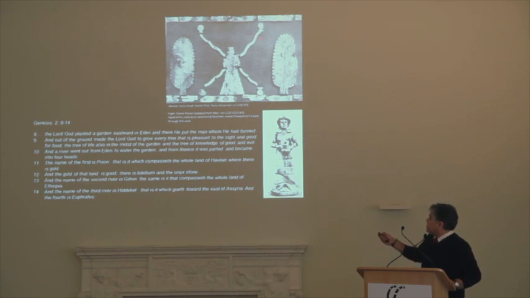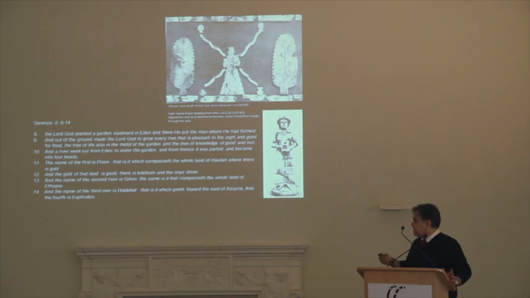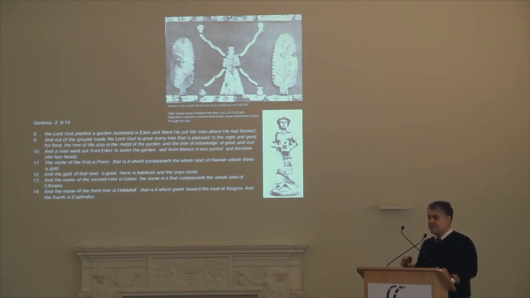And when you start comparing what you see here, which is depicting 4 rivers, to the story of Genesis and this story of 4 rivers inside the story of Genesis, then you can start making some comparison. You see that something is going on even though we don't have access to the real gardens. But the other thing that we can see here is that there is some kind of spiritual value to the garden. So there is this spiritual aspect of the garden that makes it present in these texts and